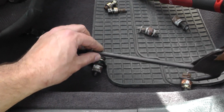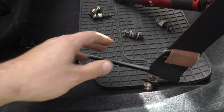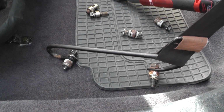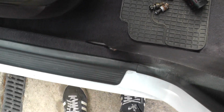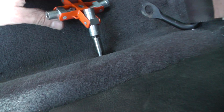So that means this bar is far enough away from the carpet so that you can move this seatbelt back and forwards. If I'm wrong, let me know. I think that's the way it goes. But either way, it's better than I had it before. So that's the whole thing, and you can see the belt moves freely backwards and forwards, so I think that's right. See here, all the other bolts are going really nicely, but this is